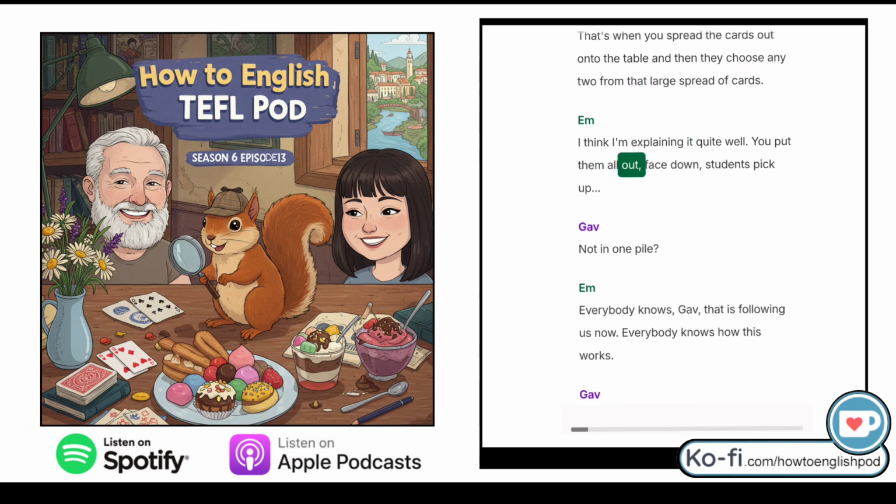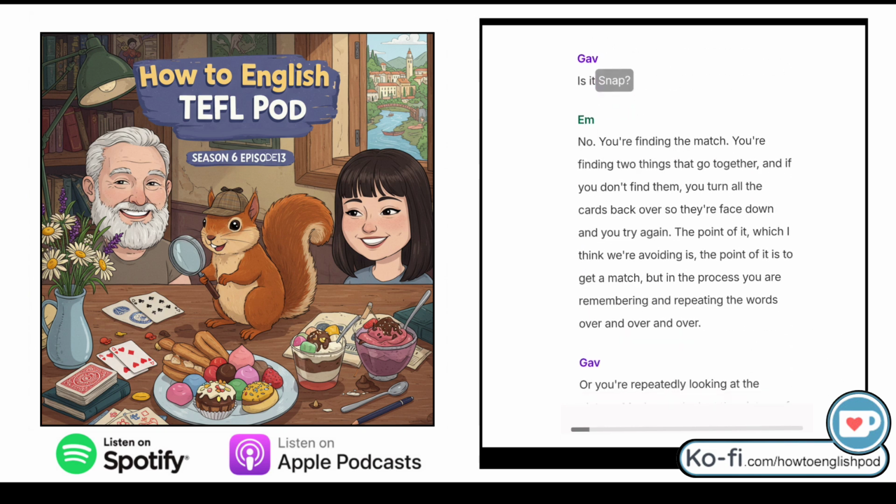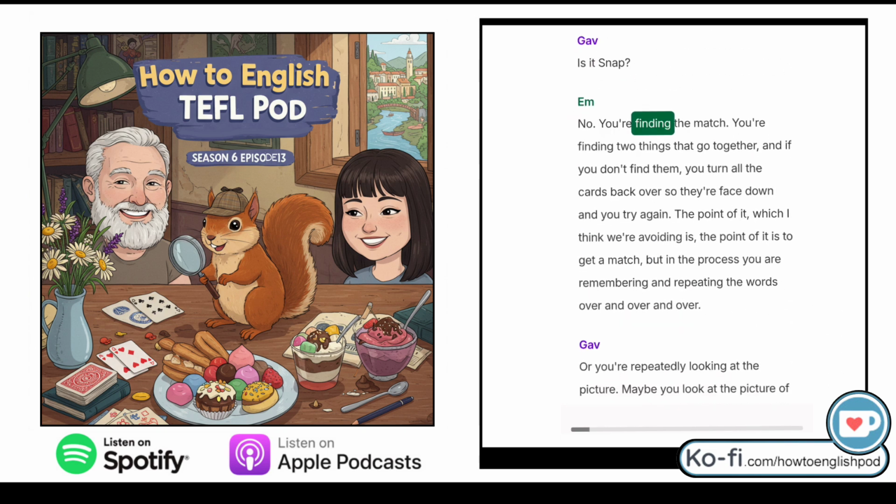You put them all out, face down. Students pick up... Not in one pile. Everybody knows, Gav, that is following us now. Everybody knows how this works. Is it Snap? No. You're finding the match. You're finding 2 things that go together. And if you don't find them, you turn all the cards back over so they're face down and you try again. The point of it, which I think we're avoiding, is to get a match,